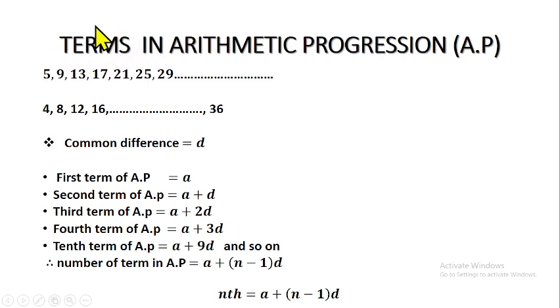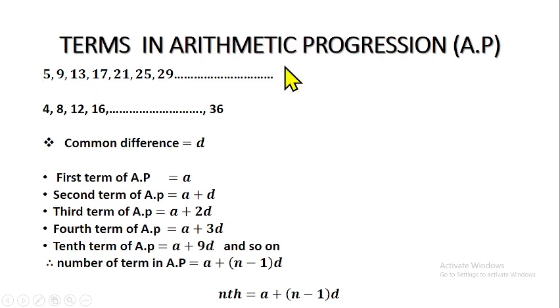But we want to discuss terms in arithmetic progression. What are terms? Terms, like I said before, are the positions of these numbers. The positions they occupy are called terms. This one is the first term, second term, third term, fourth term, fifth term, sixth term, seventh term, to the end term or last term. Look at this sequence as well. This also belongs to arithmetic progression because the common difference there is 4. Now, this is the first term, second term, third term, fourth term, and so on to the last term.